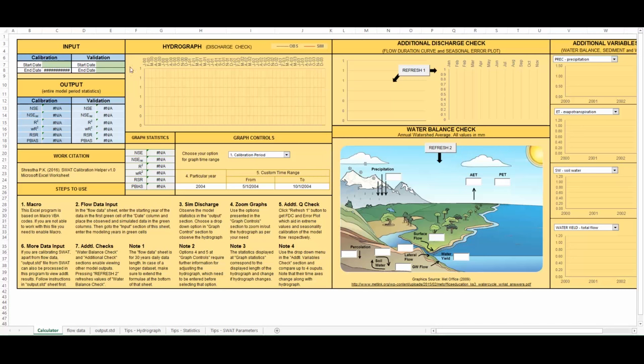I will just show you the different components of the sheet. This is the input part where we have to put the start and end times for the calibration and validation period of our hydrological modeling, and based on that we will get a hydrograph over this area. This is the major model calibration flow check area,